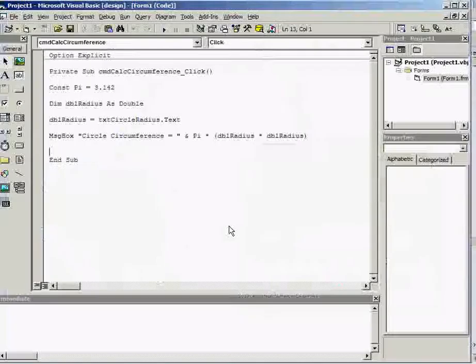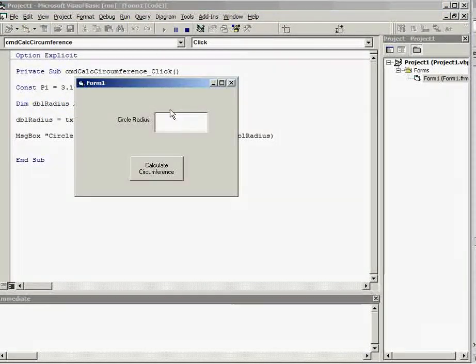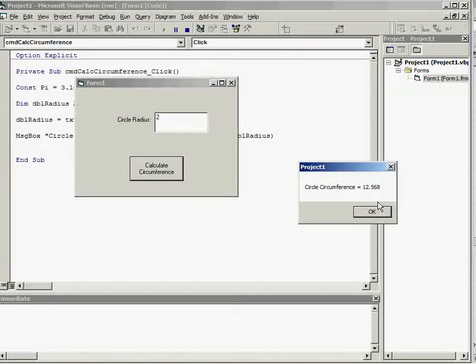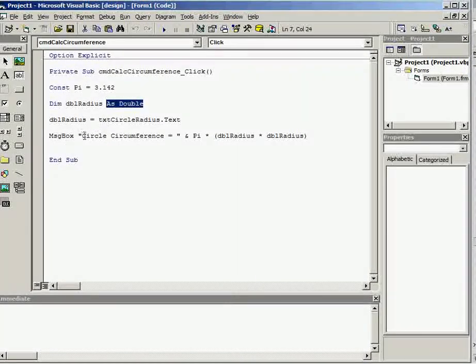Now, if we look at an example of some VB6 code here, I'm declaring, using the const command, a constant called pi. Now, pi is always constant, and we're setting a value there. I'm using the dim command to declare a variable called radius as the double data type, and that value could change. So if I run this program and put in a circle radius and click on calculate the circumference, I get the answer of the circle circumference, and the answer is arrived at here by using the constant times